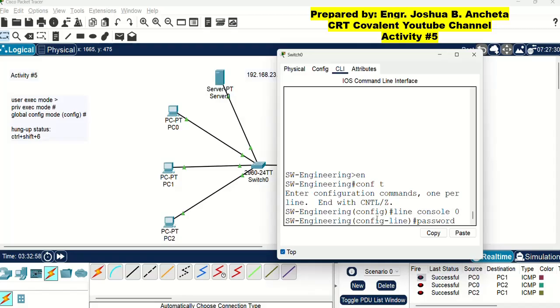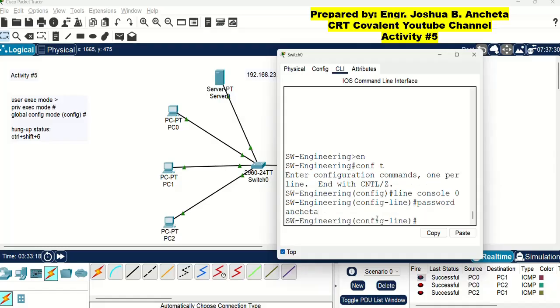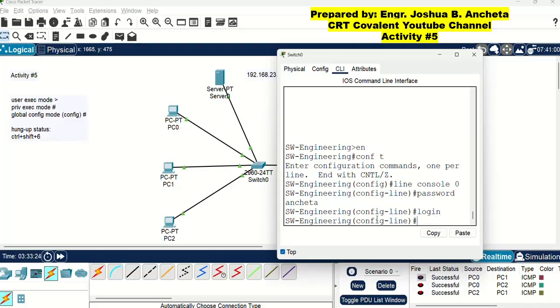If this is one of your activities in the lab, you can use the name of your school, your program, or your surname. Let's say I'm going to use the surname. So I will put Ancheta, all small letters. Then press enter and type login.